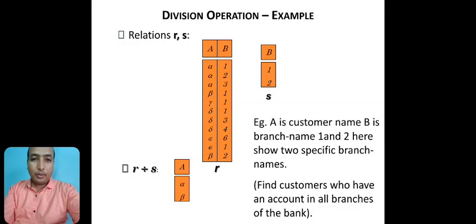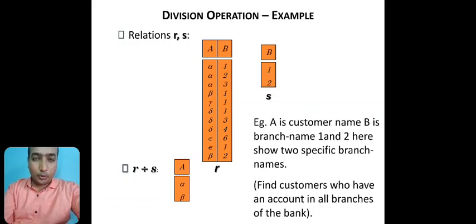ನಿಮಗೇನು ಐಡೆಂಟಿಫೈ ಮಾಡಬೇಕು ಅಂದರೆ, you have to identify the customers who are having their account in the branch number 1 as well as in the branch number 2. ಅರ್ಥ ಆಯ್ತಲ್ವಾ? ಸೊ ಈಗ ನಾವು you have to see your relation R there. ಅದರಲ್ಲಿ ಎ ಅಂದರೆ ಕಸ್ಟಮರ್ ನೇಮ್ ಅಂತ ಅನ್ಕೊಳ್ಳೋಣ, ಬಿ ಅಂದರೆ ಏನು ಅನ್ಕೊಳ್ಳೋಣ, ಅದರಲ್ಲಿ ಇರೋದು ಬ್ರಾಂಚ್ ನಂಬರ್ಸ್ ಅಂತ ಅನ್ಕೊಳ್ಳೋಣ. ನಮಗೆ ಬೇಕಾಗಿರೋದು ಯಾವುದು? ಬ್ರಾಂಚ್ ನಂಬರ್ 1 and 2 ಮಾತ್ರ ತಾನೆ, ಎರಡರಲ್ಲೂ ಇರಬೇಕು. ಸೊ you can find out that when you perform your R division S, the outcome will be you have alpha